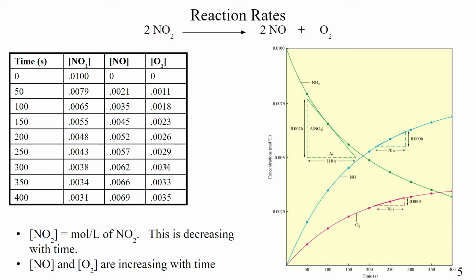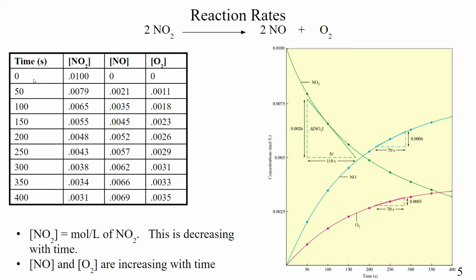So what we're going to see here is I want to look at what's happening to my concentration over time, right? And we understand now we're looking at the reaction rates for each of my reactants and products here. Okay, so let's look at the table before we go to the graph over here. We can see, right,